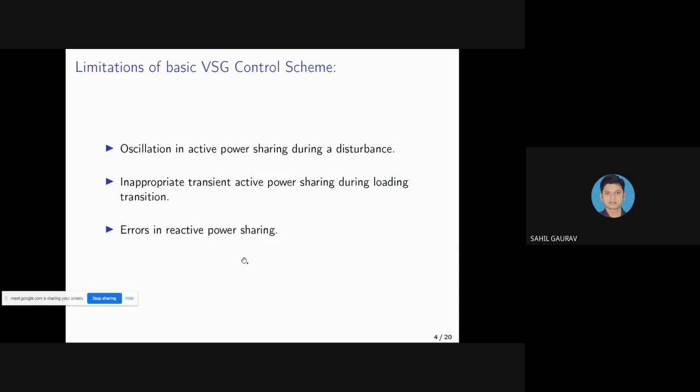The third one is a common problem in our microgrid: errors in reactive power sharing. This happens due to different line impedances, as we already know. The different distributed generators are connected through lines, and the lines may be of different lengths due to the different locations of our distributed generators. So this may cause errors in our reactive power sharing. So how will we remove these three basic problems of the basic virtual synchronous generator control scheme? The author has proposed a unique